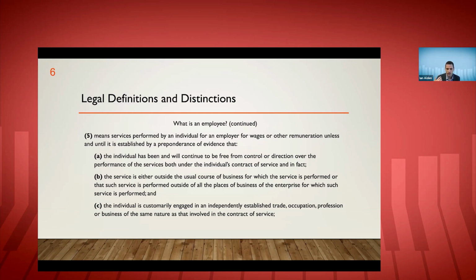Because you've got people like that, you've got other common examples, plumbers, electricians, etc. They're engaged in an established trade that's independent of you as the hiring party. Like you are not the only reason they are doing that particular trade or occupation. Going back to electricians or plumbers, if you don't hire one, they're going to go work for someone else. They're going to provide services writ large to the general public. So they're independently established. So those are the three bits of the ABC test, which I'll talk about a little bit more.